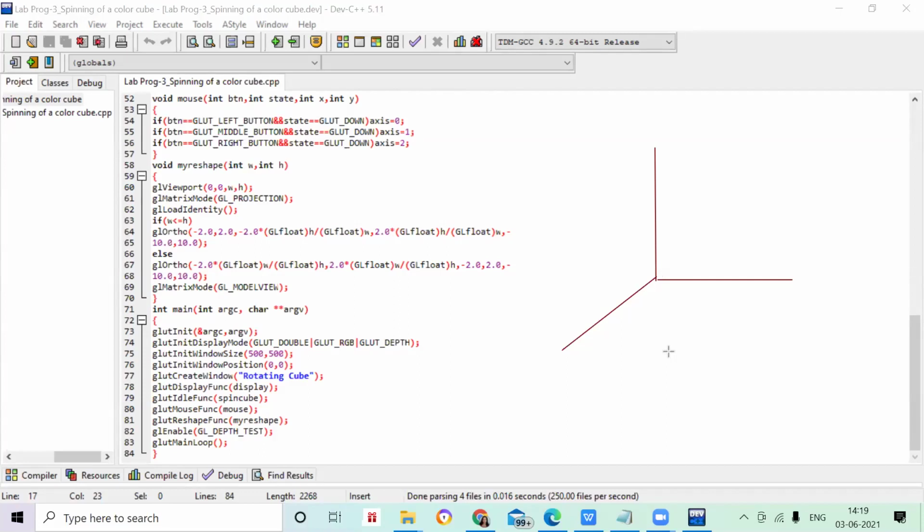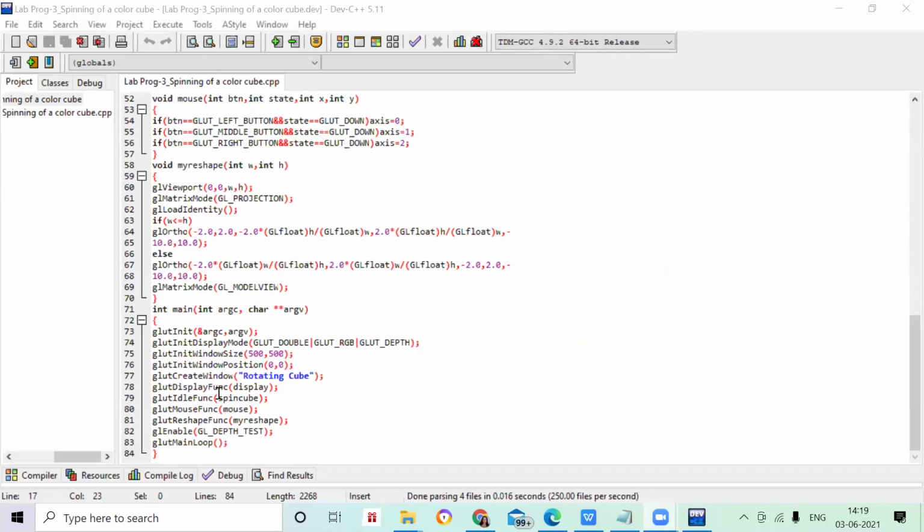Okay, so the first thing here you can see, let me erase this. Here I have used glutCreateWindow. So what is the meaning of that? Here I have written some sentence, here I have written rotating a cube.